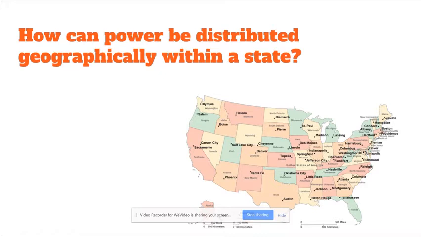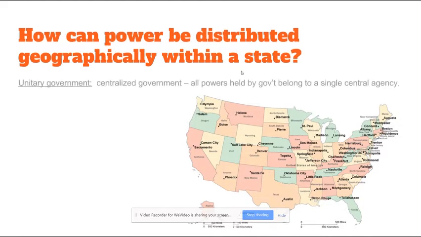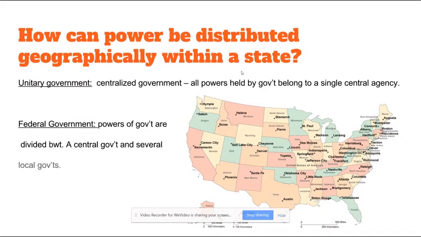Governmental power can be located in one place or in several places. Political scientists observe how governmental power is divided or not, and then categorize the country's government based on that government's unity or division. Governments that are united in one central agency are called unitary governments, and those that are divided and spread through several institutions throughout the territory are a federal government.